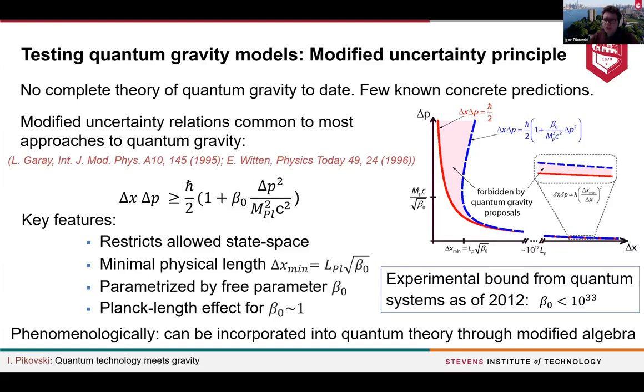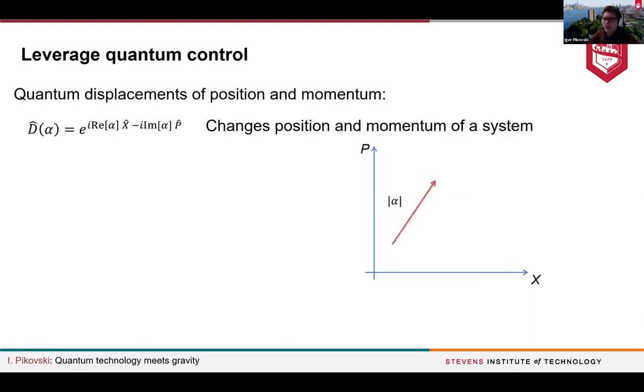Until just a few years ago, this parameter was very little bounded. The bound we had from experiments and observations was that this parameter is smaller than 10 to the 33. And if it was really some new effect at the Planck scale, we would expect this parameter to be of order 1. So the Planck scale is very far away from observations. But it turns out we can leverage quantum control to do much, much better in order to test these types of models. And in two slides, to give you a flavor for it, the fundamental principle that we use